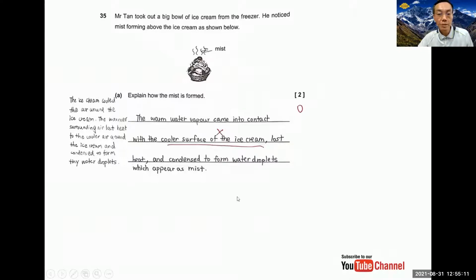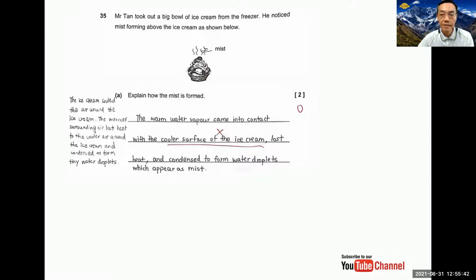So this is how one of my students answered. She mentioned the warmer water vapor came into contact with the cooler surface of the ice cream, and this part was underlined by the marker, lost heat and condensed to form water droplets, which appear as mist. Okay, let us examine. Some of you may ask, why is she marked wrong? At first, I also thought that perhaps the marker had